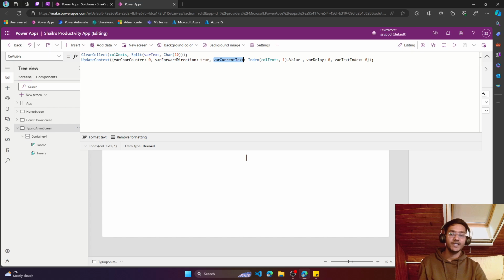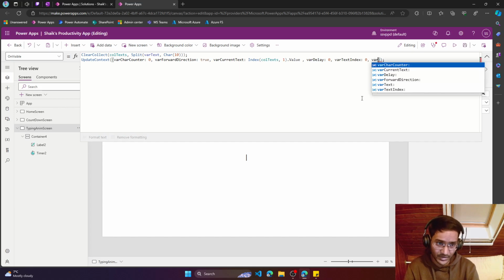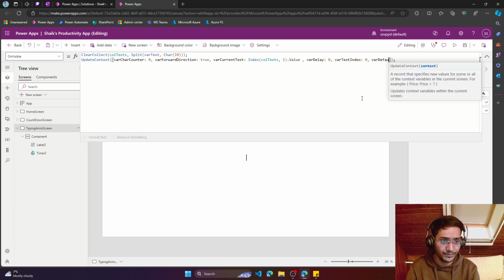And to get the current text, we already have the collection. I'm just saying get the first value out of it and then show it. And then we have a delay, how long we want to stop after a particular animation. Right now I'm setting it to 1000. So let's have that configurable as well. So for default delay,